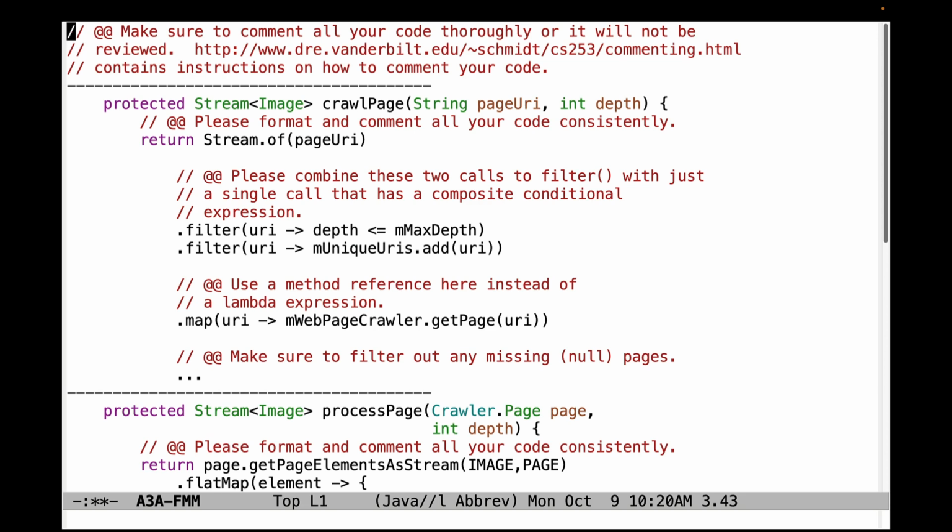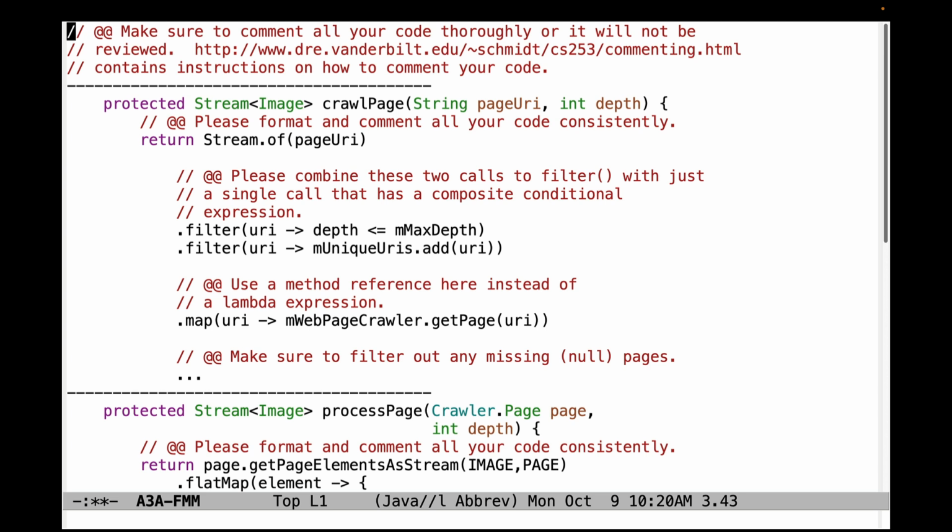Welcome to the preliminary walkthrough of frequently made mistakes that I've observed while reviewing the assignment submissions for assignment 3A thus far. There'll be more review shortly after you submit the code tonight, but I want to make sure I go through these mistakes so that people who have not submitted the code yet can address them before they make